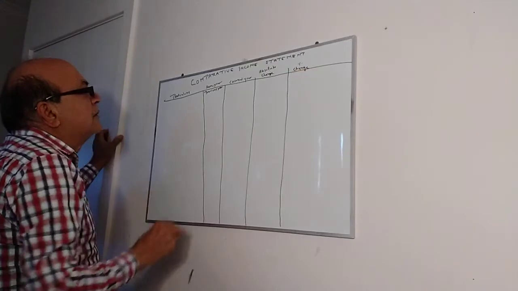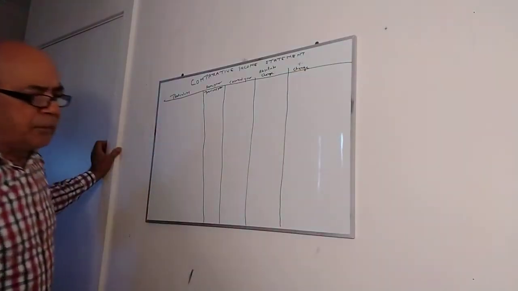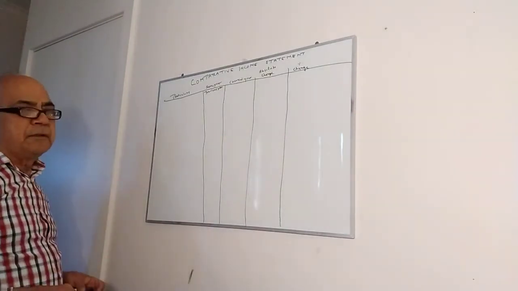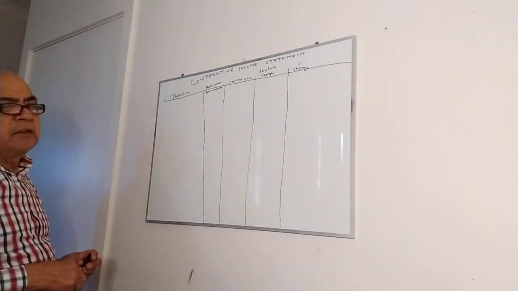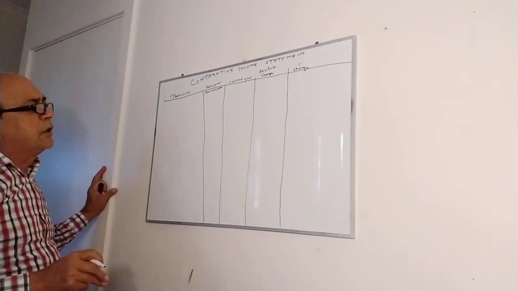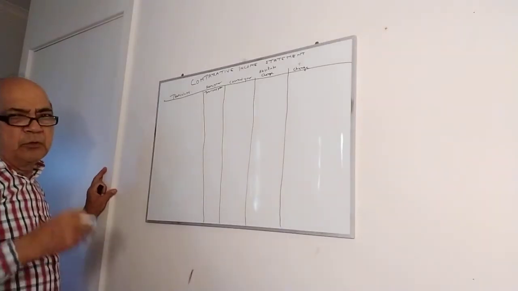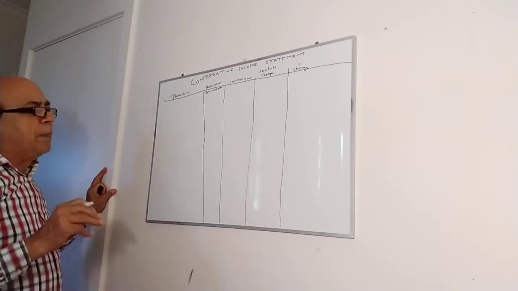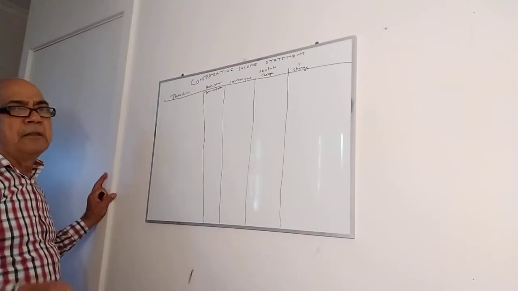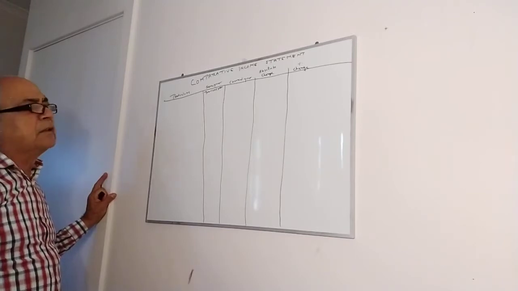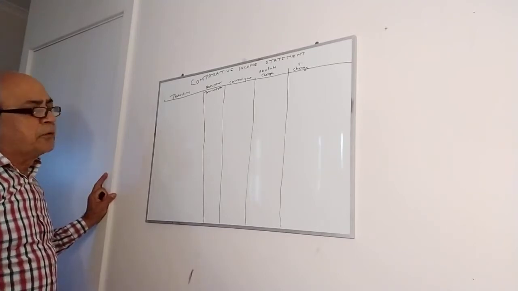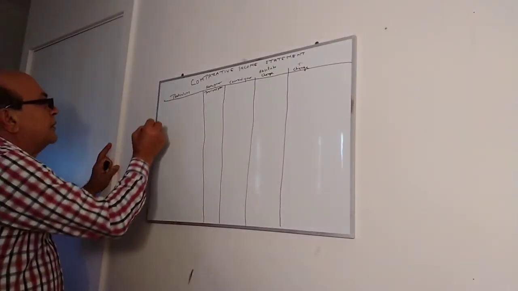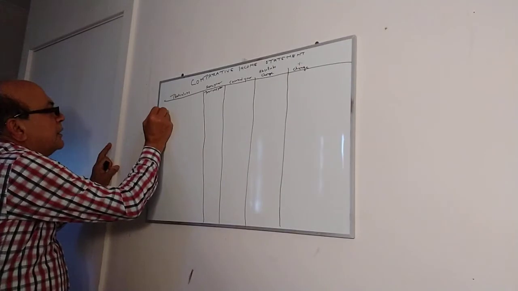We are comparing our current year result with the previous year's. Because if in your 10th standard you get 50%, 80% marks, and in 12th you get 90% marks, it means you have improved. If in 10th you get 80% marks and in 12th you get 70% marks, it means your performance has gone down. So here, first we have net sales.